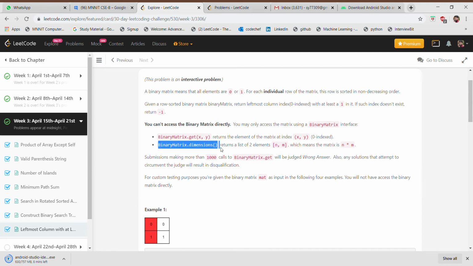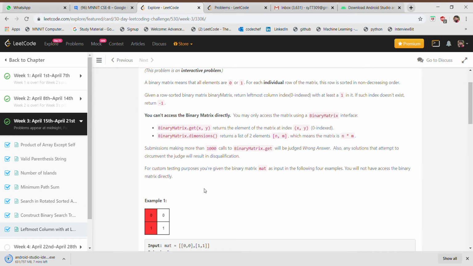Now there is one more condition which is very important to notice: if we call the binaryMatrix.get function more than 1,000 times, then it will be considered as wrong answer. So we have to see what it implies